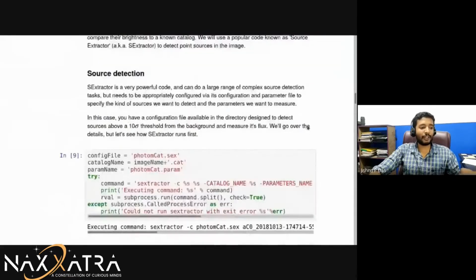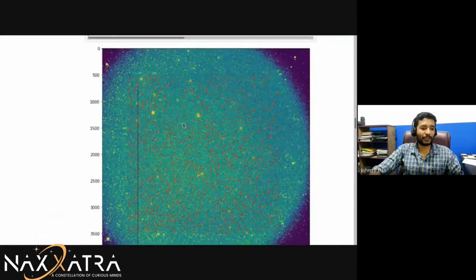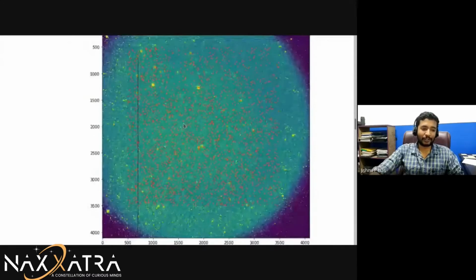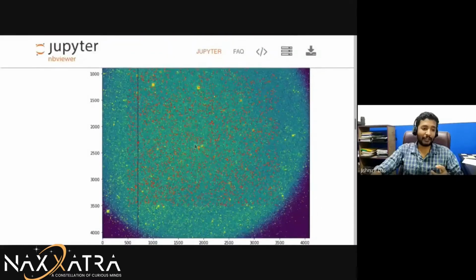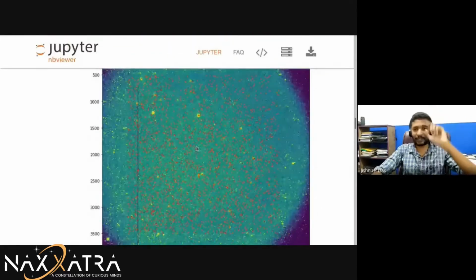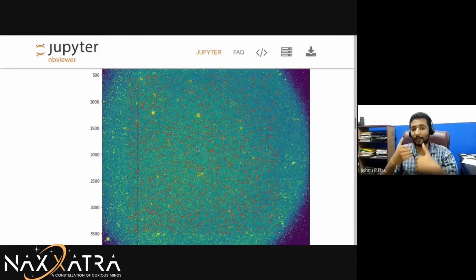All right, now what will we do? We'll try to find all the sources and find the internet sources like I said before. We will map the image that we have here, and we will find magnitudes from the catalog that we are querying online. So we are asking Google, okay Google, what is this? Google will give us an answer and we will have an answer of our own. So we can compare. And instead of doing the original differential photometry that we did, we can do something called absolute photometry. And the way we do that is we will compare each of these stars that we have got to something that's out there in the catalog.